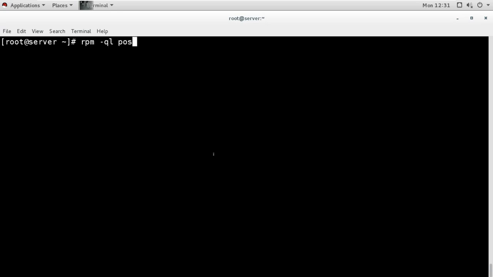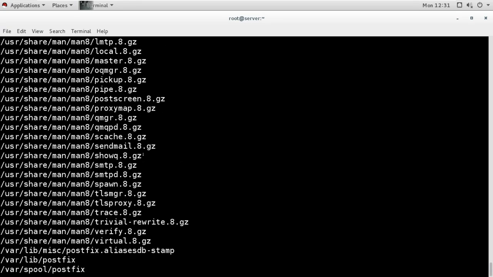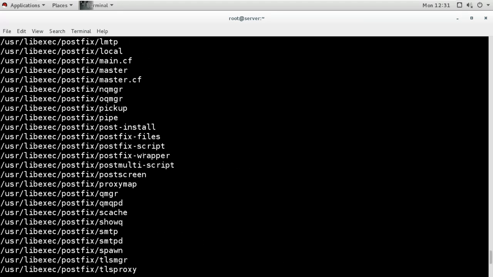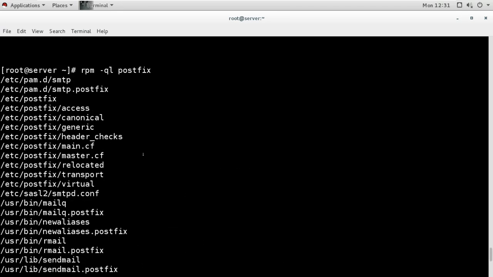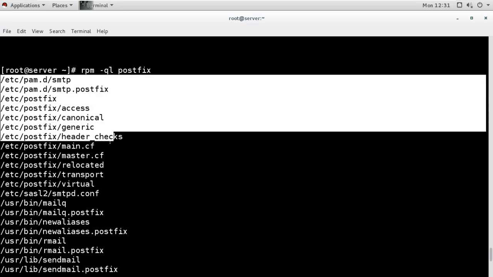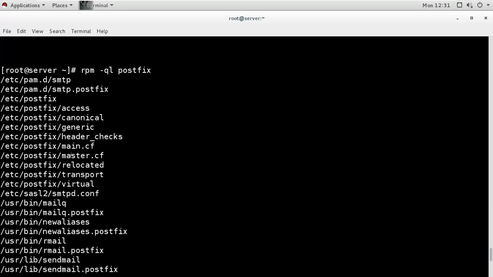So I will list postfix. Here, first under /etc we have the configuration files. There are lots of different configurations, but among them we have this as the main configuration file for our postfix.